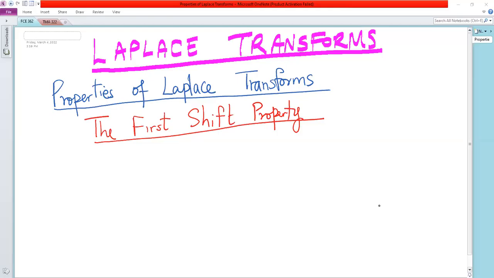Welcome to this session. In this session, we are going to discuss the first shift property for Laplace transforms, and then do some examples related to that property. So the shift property for Laplace transform states that,